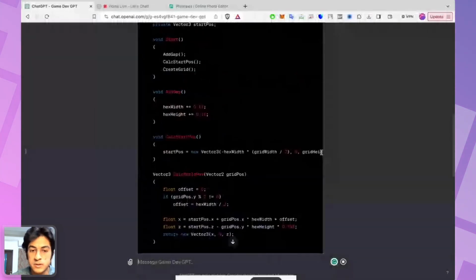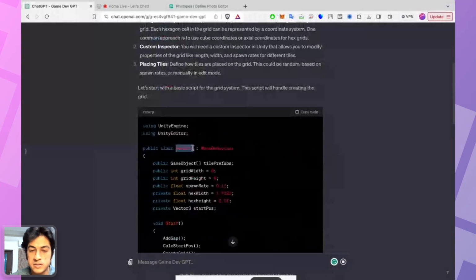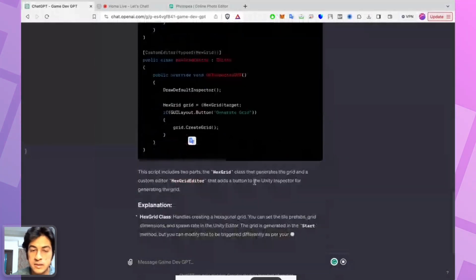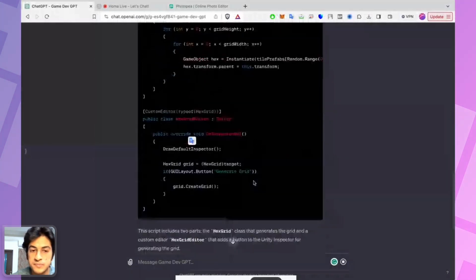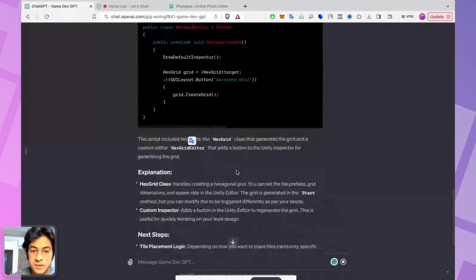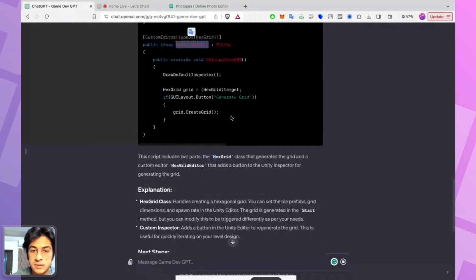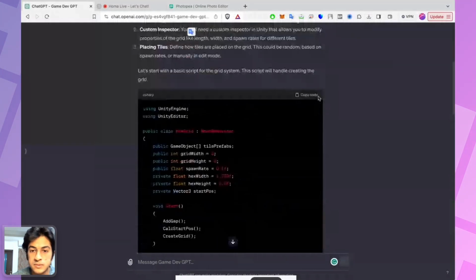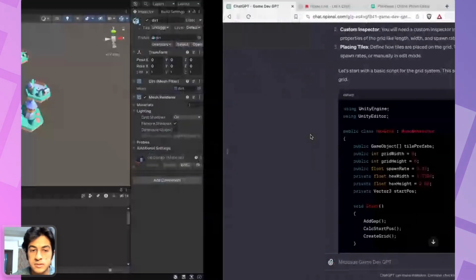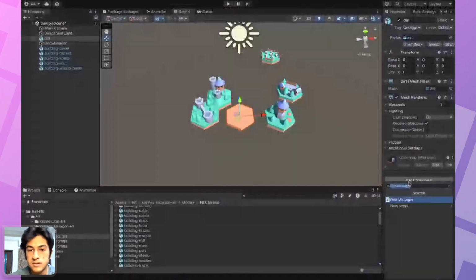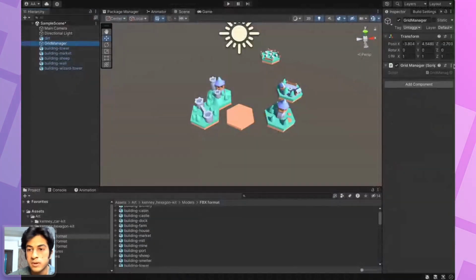All right, so we have a script here called hex grid. This will manage our grid. And we have a hex grid editor. We have a grid manager.